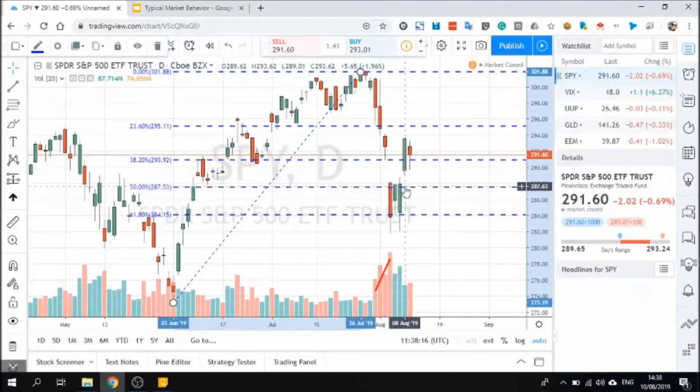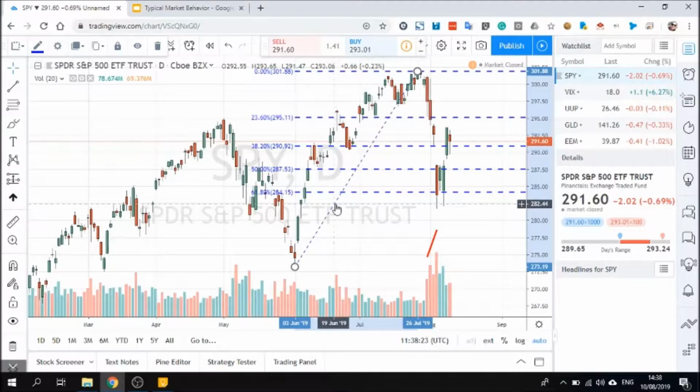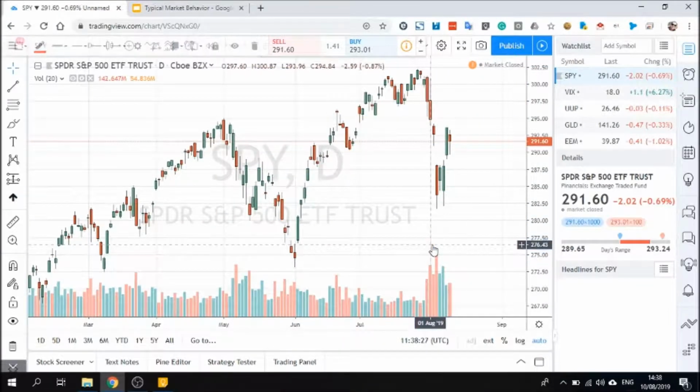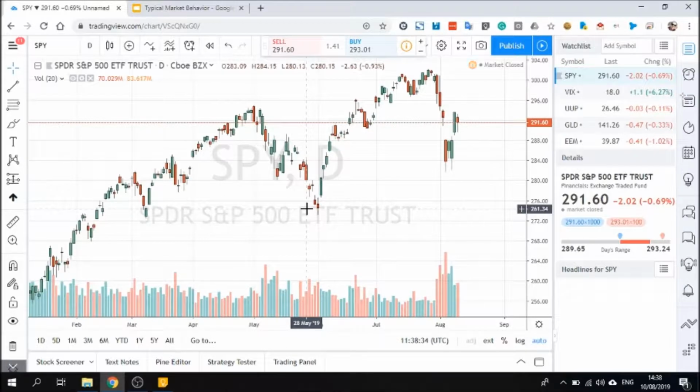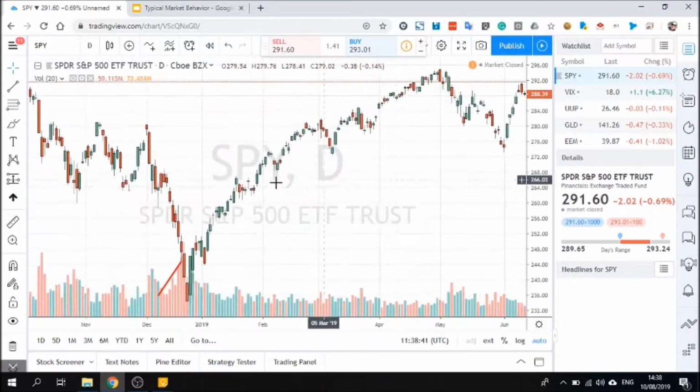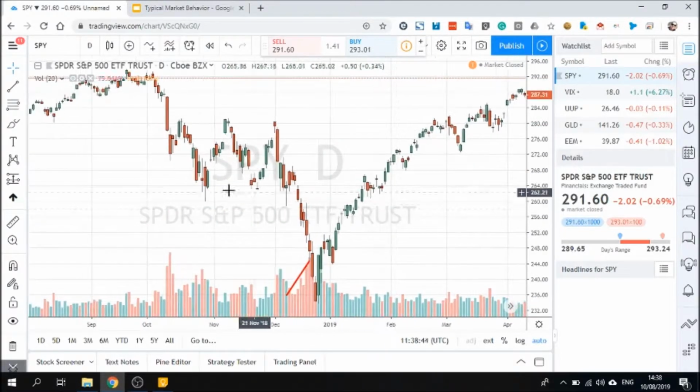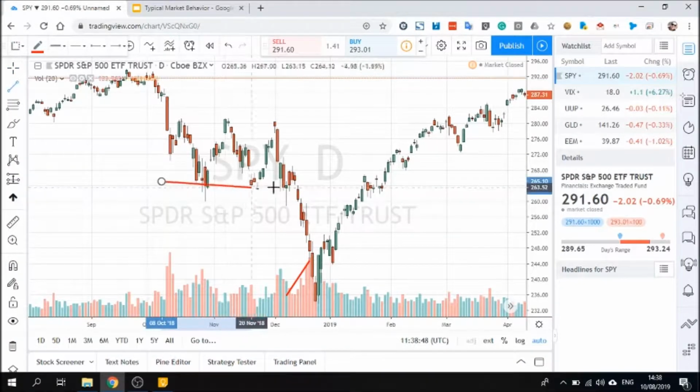What I would like to show right now is support and resistance. Now again, we're going to just use support and resistance. Let me just remove that, just as an explanation of typical market behavior. Traders like to buy and sell in the same price levels. What do I mean by that? I mean that if I will take an example of the end of 2018, you can see that I can somehow mark this